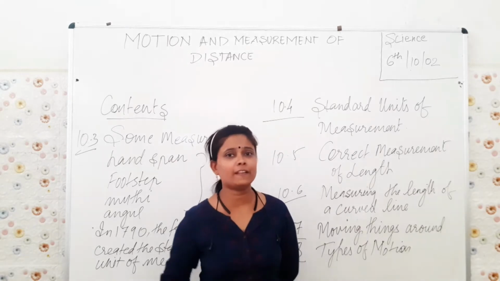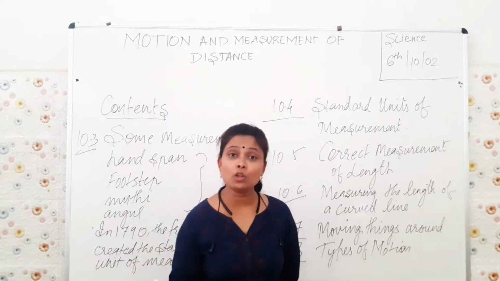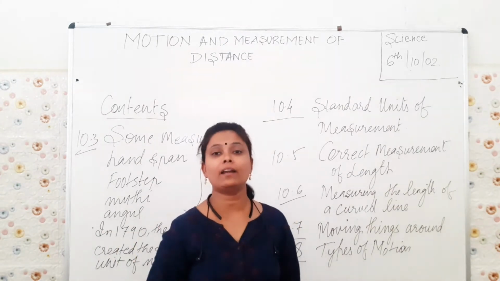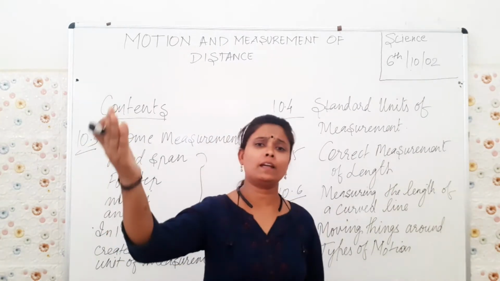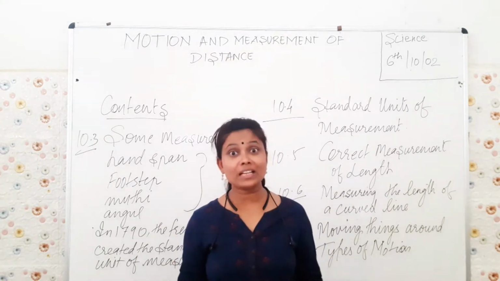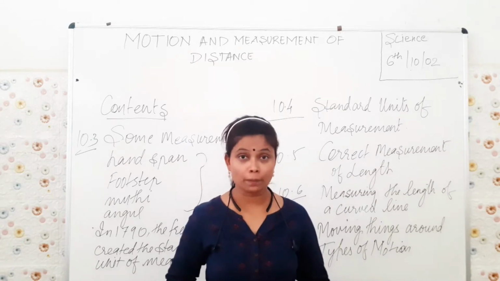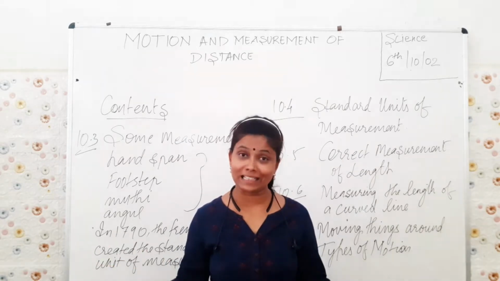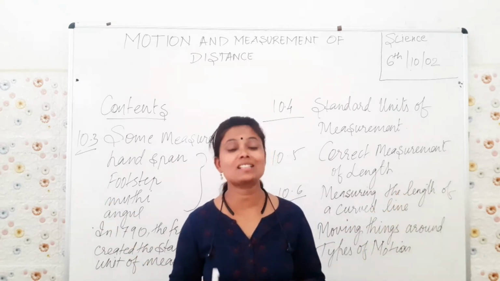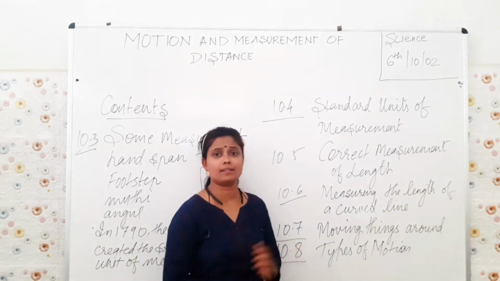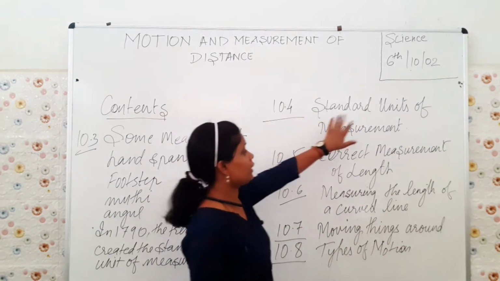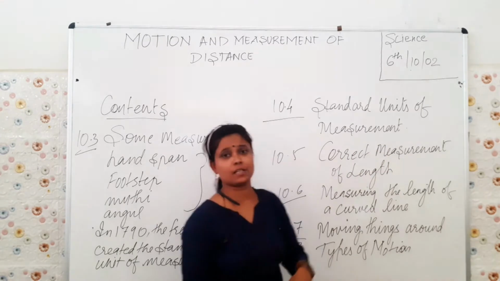It can be of anything. And listen, without measuring, nothing is possible. If you just look around, you will find everything has a certain measurement. Whether it's a tree, we say tall, short, thin or thick. Thereafter, long or short, etc. Everywhere there is measurement. Next, standard unit of measurement, as we have discussed.